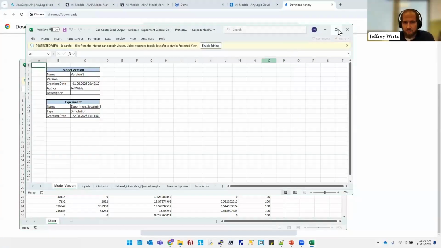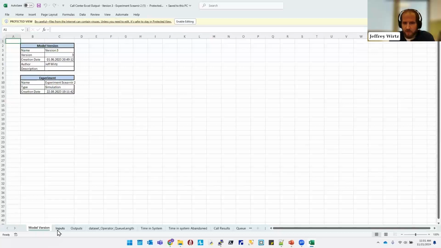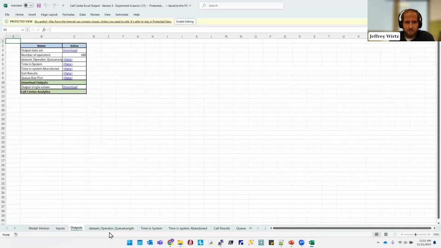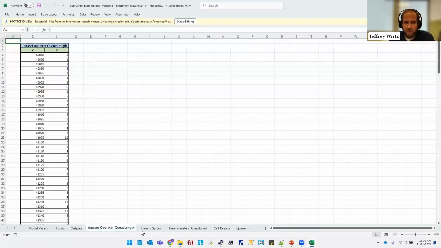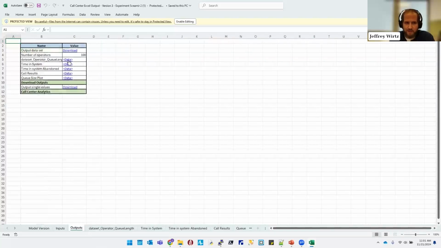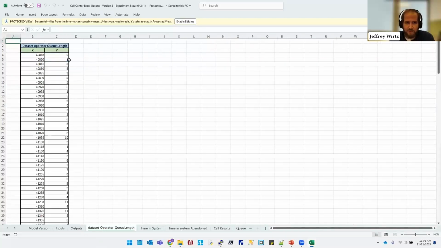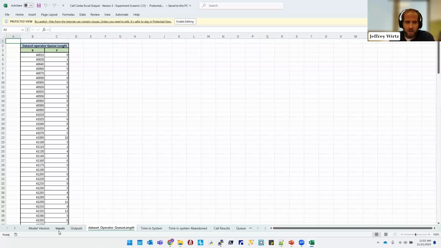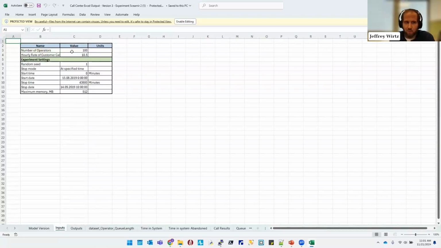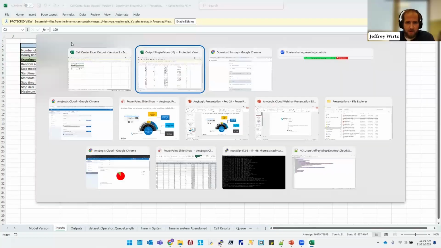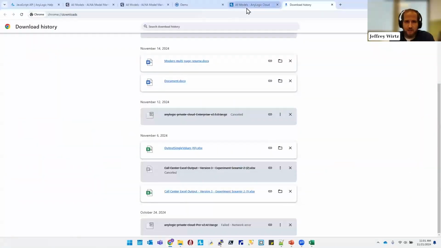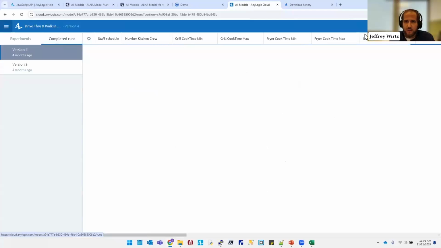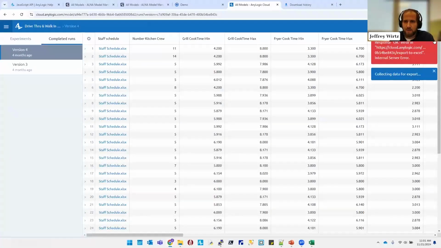But you could see here, this is a single run result of what the model version was, inputs, outputs, what the respective data was for all the outputs, because you could see some are single values, but some are data sets. I need to analyze all of them. And mind you, this particular Excel file is for one particular run and these particular inputs that we set up for the run. Versus when we are in the completed runs view and we use the download option,